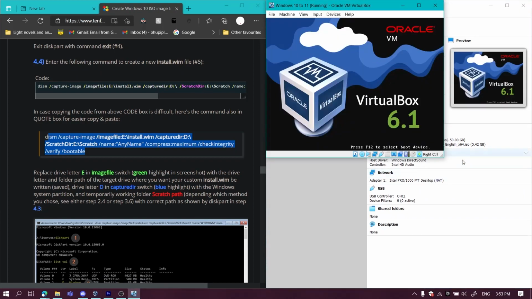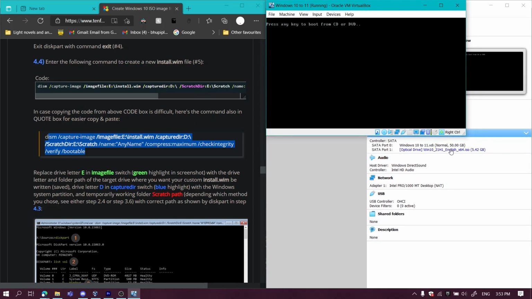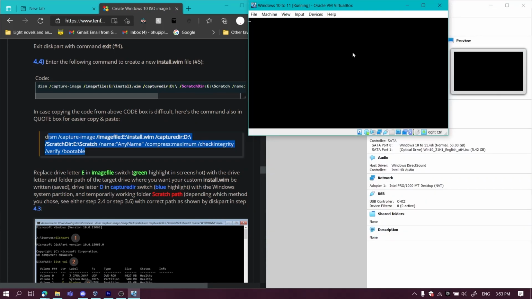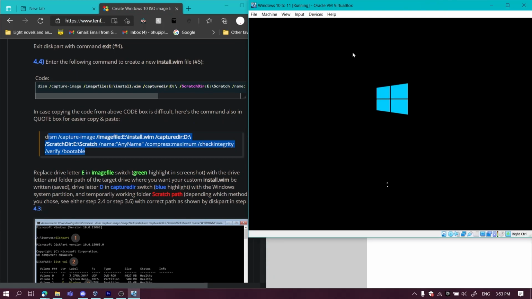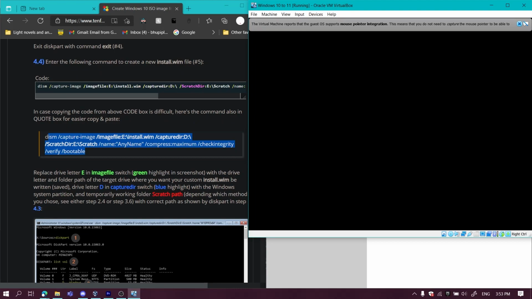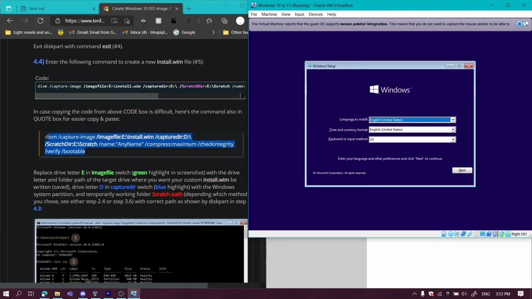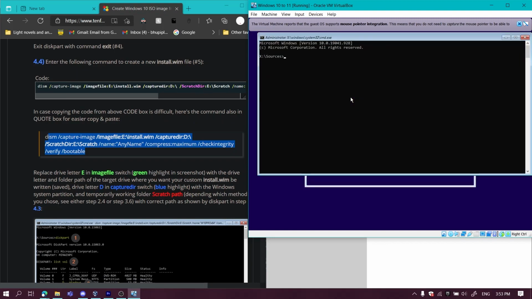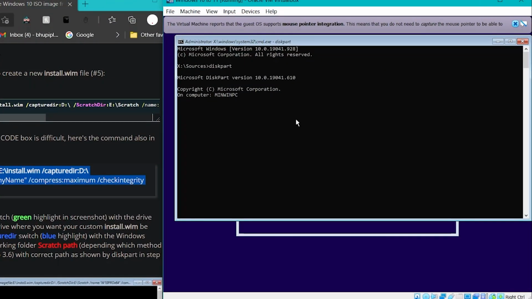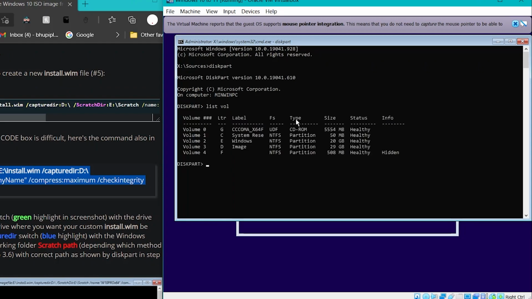Start the virtual machine. Make sure that the Windows 11 21H1 disk is actually inserted. When it tells you to press enter to boot from CD or DVD, do so. Now here, press Shift+F10, or if you're on a laptop, Fn+Shift+F10. Type in diskpart. Also type in list vol, press enter, and eventually diskpart will show you all of the volumes that are